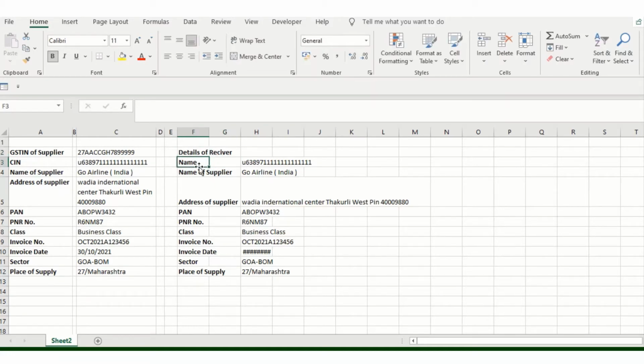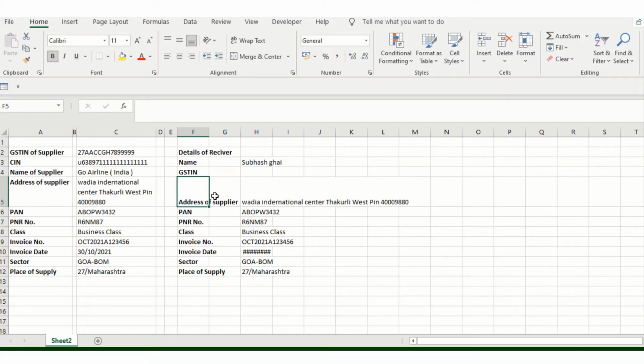Just add the name, Subhash Ghai, or whatever you want, and then your GST. If this particular person has any kind of GSTIN number, we can add it, otherwise we can keep it as an optional field. Keep it blank.